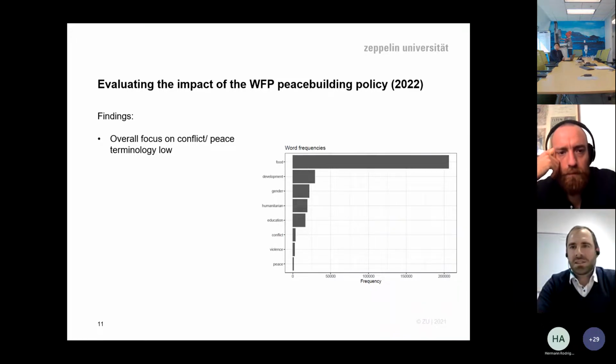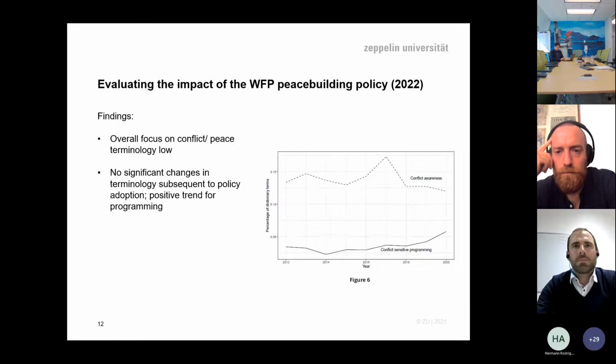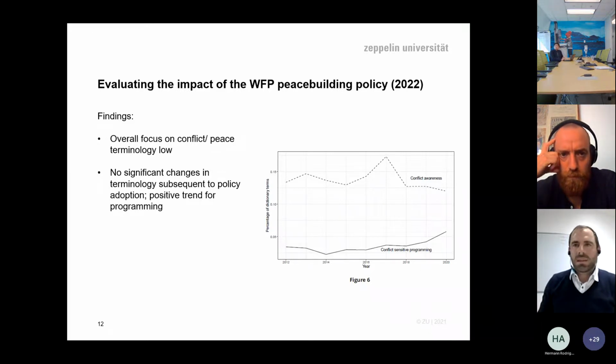So the first insight here is that the reports are not very strong in terms of conflict-related language. Of course, as we would expect, food is the most frequent term in all these reports. Development, gender, humanitarian, and so on. These are the most frequent terms. Conflict, violence, peace, this terminology is much less frequent. This is not so surprising, but just to give you a bit of an idea of the scale. I'm not showing you the dictionaries. That's a bit too technical maybe, but then we counted the terms in our dictionaries